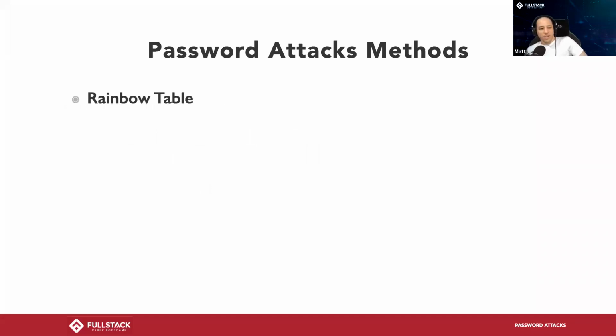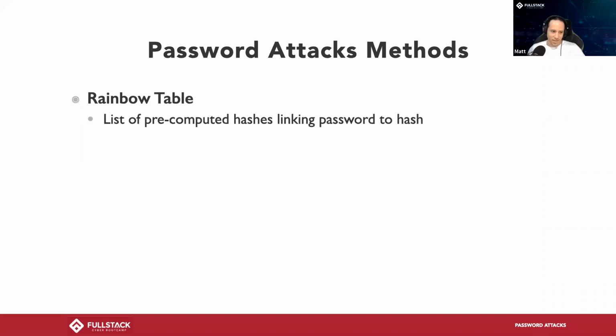One idea for breaking password hashes is having a rainbow table. These are really big tables, really big files, on the order of gigabytes plus, and they are pre-computed hashes linking passwords to a hash. So imagine you take all of the common passwords and all of the different common hashing algorithms, and you just hash them all already. And now you have a big table, and you can just look up. Say you found a hash. All right, let's look it up. Is it already on this table? We already did the work of hashing everything. And this is a rainbow table.